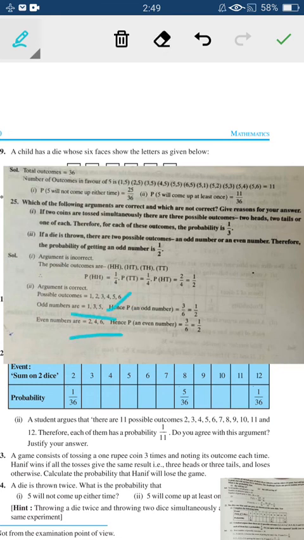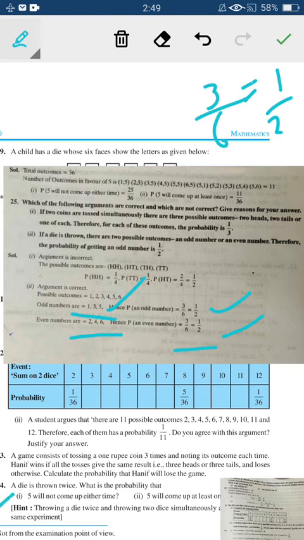So what is the probability of an odd number? Favorable outcomes are 3, that is 1, 3, 5 out of total 6. So after cutting we will get 1 by 2. Probability of even number is also 1 by 2. So we have solved this. It means therefore the probability of getting an odd number is 1 by 2, which is correct, right? So in this way you have to clear the parts. I hope this is clear to you.